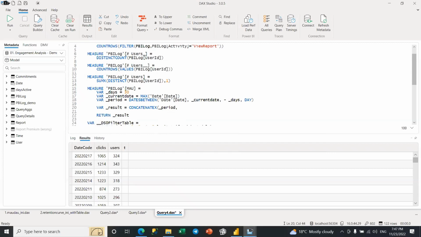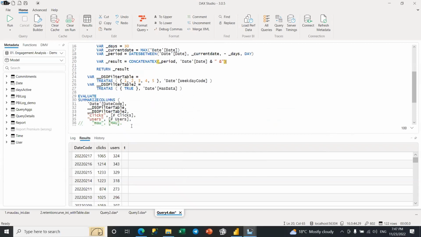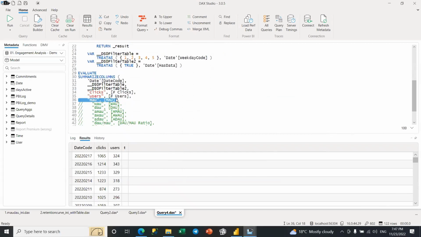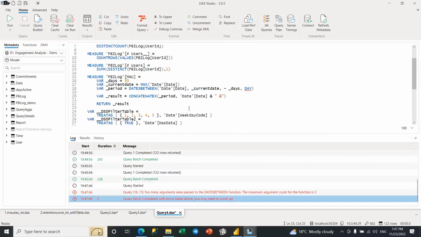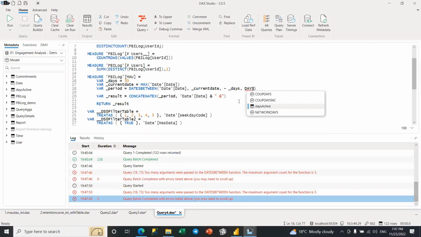So I want to iterate over this, and I want to print the day. So let me just use this. So let's run it now. I'm going to uncomment this. It will be days.